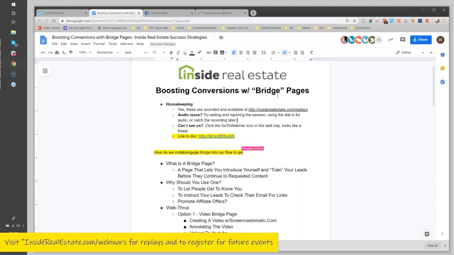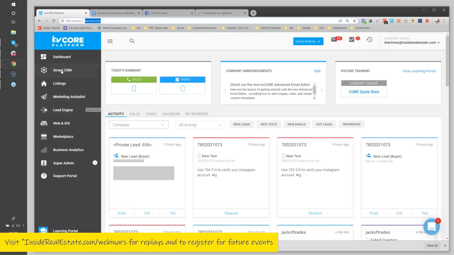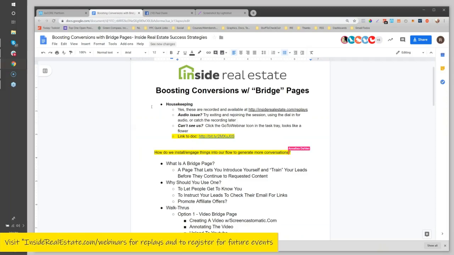Now, of course, before I dig in here, you have a lot at your disposal. You have the whole Smart Campaigns feature. We have our new email editor. All that stuff can be found under the Smart CRM and under Marketing Autopilot. But what I'd like to talk about today is more of a tactic and a technique that you can layer into your existing flows and that you can use as you run leads, and that is the creation of